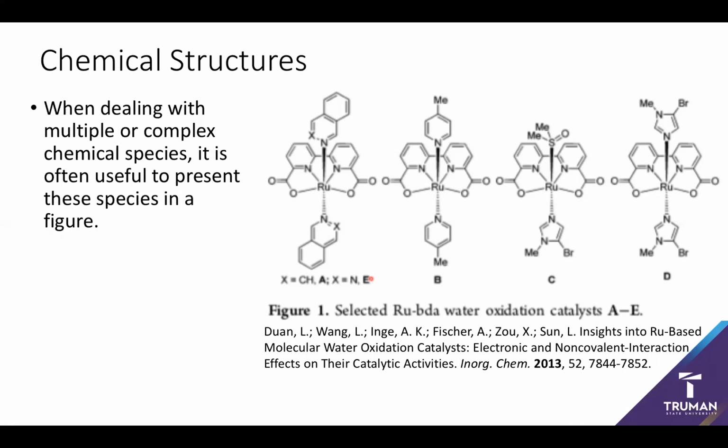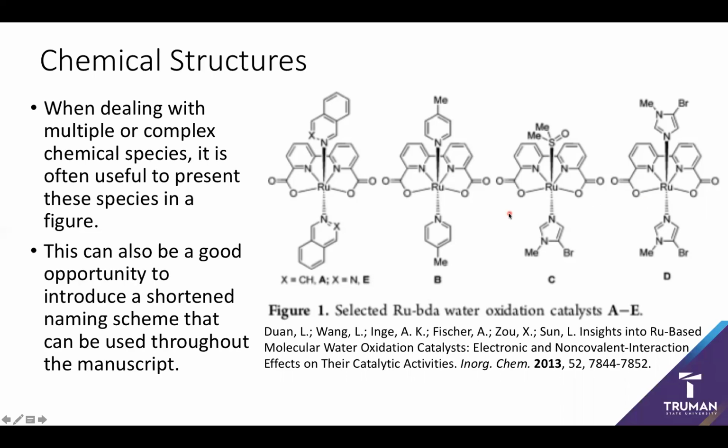Now, especially when you have, say, in this case, complex organometallic species, well, it turns out that these usually have quite long names. So using a figure might be a good way to essentially provide a short naming scheme, because it's going to be a lot easier if I'm, say, referring to this complex to instead give just A or E instead of the full, actually quite long name. So again, making use of figures to simplify referencing chemical structures and chemical species can be a great opportunity that